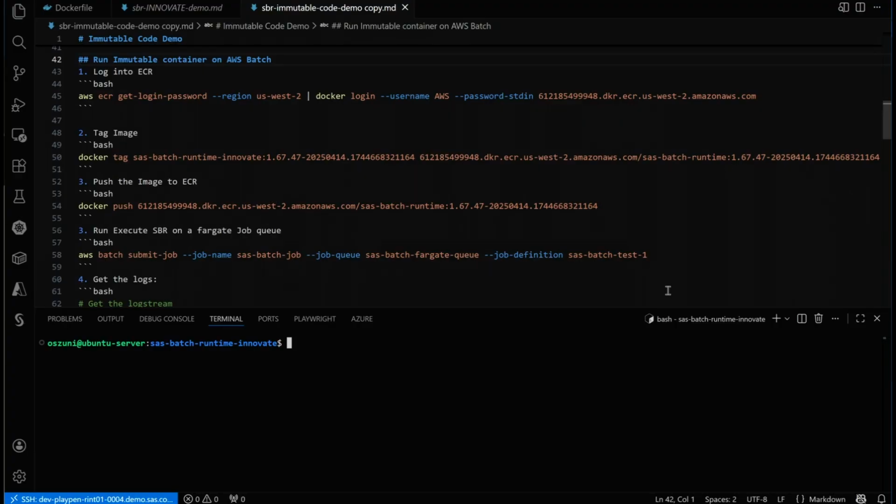Fargate, basically AWS Batch. So one of the things here that is important to understand, right now you guys are seeing everything in command line, but you have the ability to build this into any sort of pipeline that you want. Whatever tooling that you prefer to use, you can create a pipeline that does exactly what I'm doing here by hand.